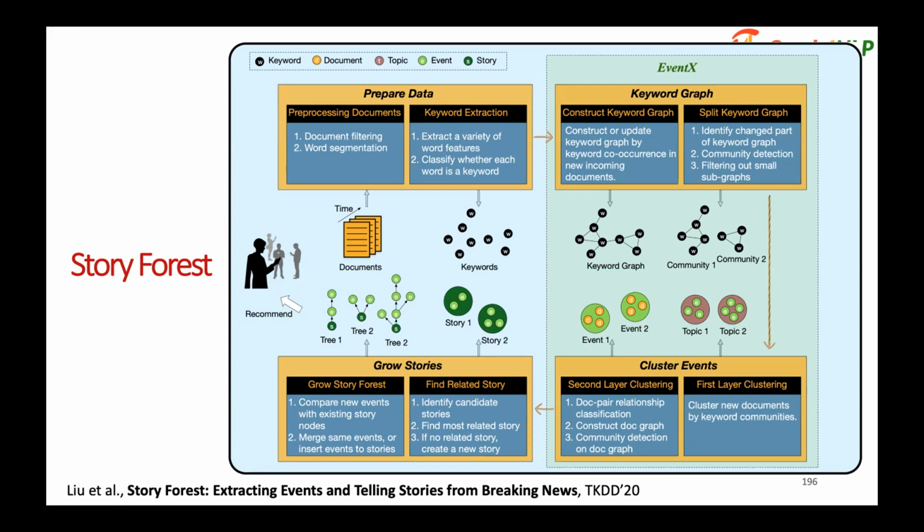Basically, we roughly divide a document corpus into clusters of different topics. Then we further consider each article as a news node, and we construct the document graph, and we compare whether each pair of documents are talking about the same event. In a similar way, we construct the document graph and perform community clustering again,